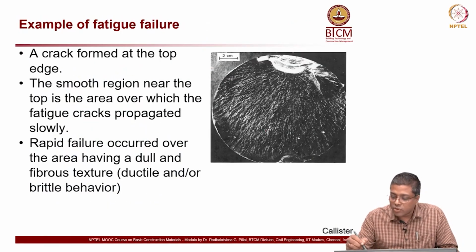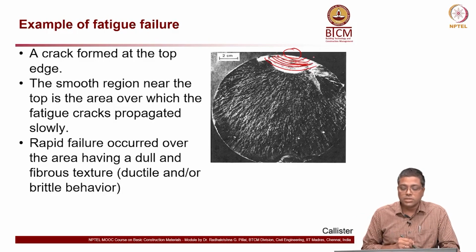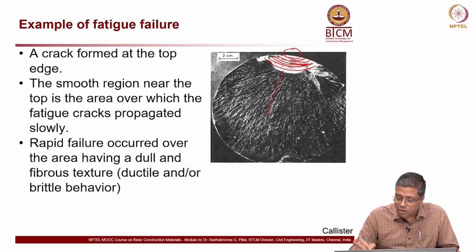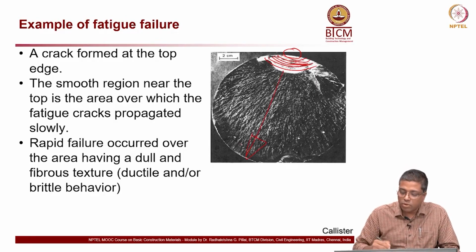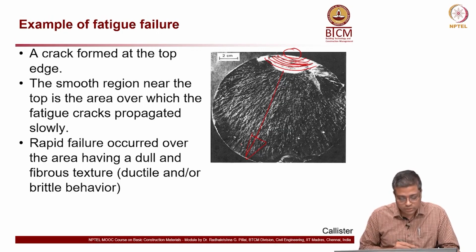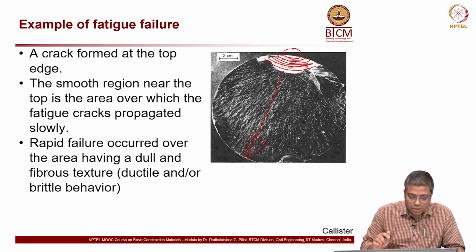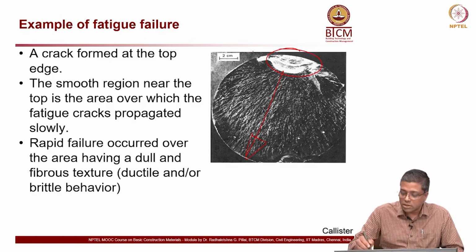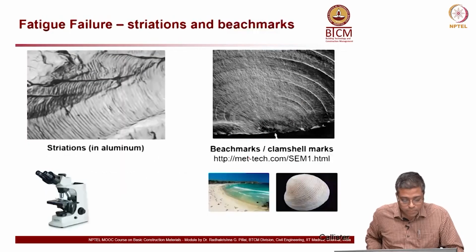So, that is the final failure, the third step. Here is an example for that. You can say this initial crack happened here, and then here you have the propagation phase, and then from here onwards it is all of a sudden the final phase. So, here the smooth region you can see on the top, this region here is the initiation and propagation region, and then this is the third phase here, the darker color region.